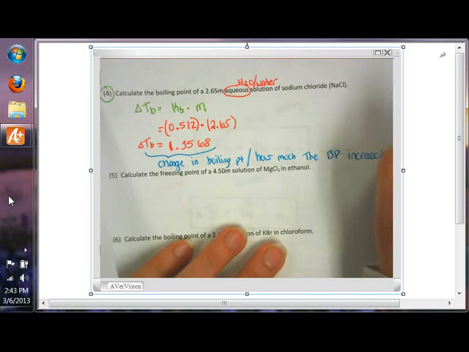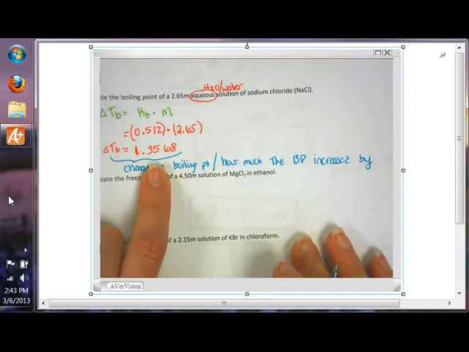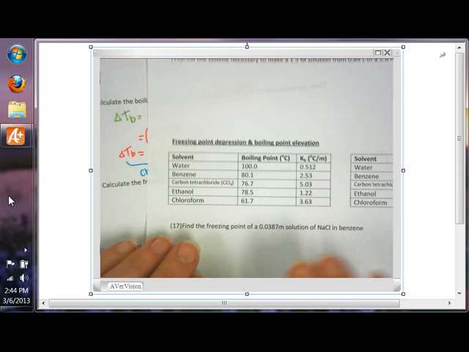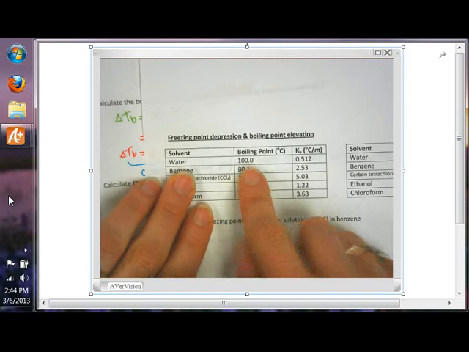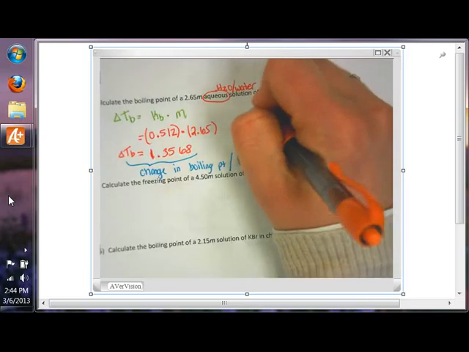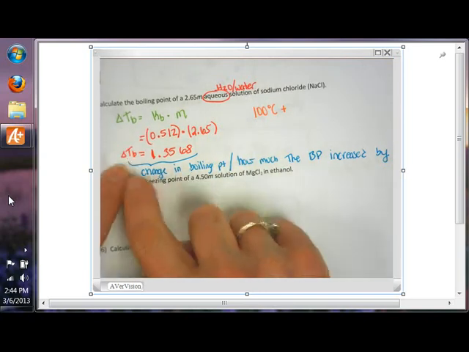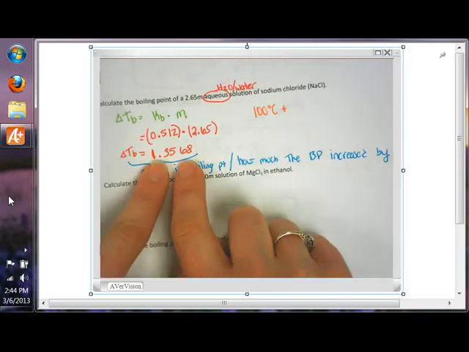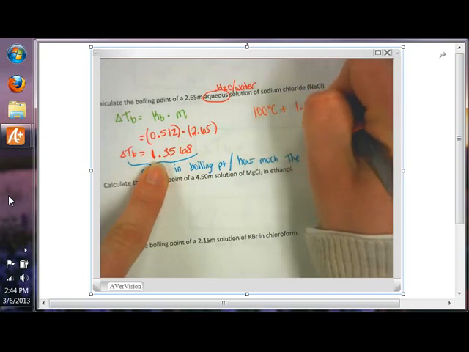So we need to figure out what the actual boiling point is going to be. So if you look back at the table, we can see that the natural boiling point of water is 100 degrees Celsius. So I'm going to take 100 degrees Celsius, and I'm going to add the change. Remember that delta means change. I'm going to add this change, so plus 1.3568. So I add those together, and I get 101,